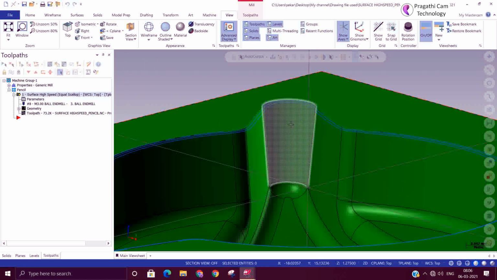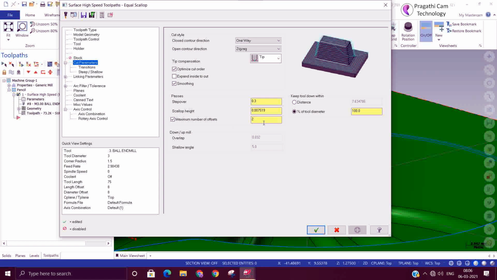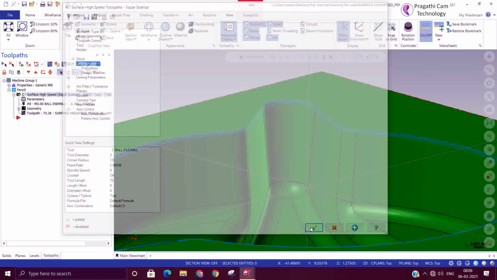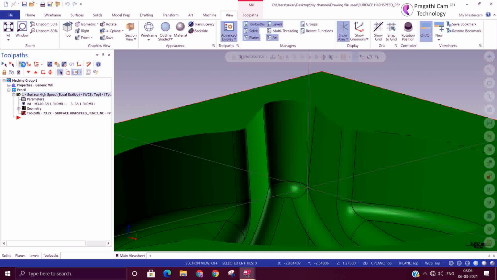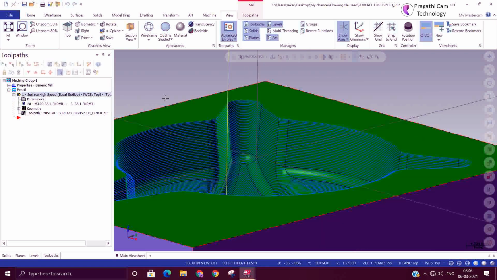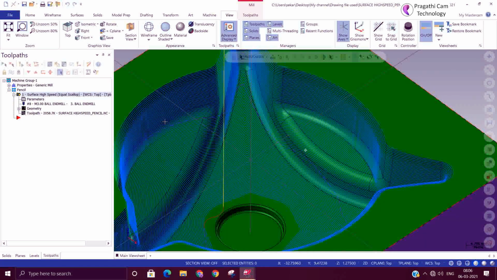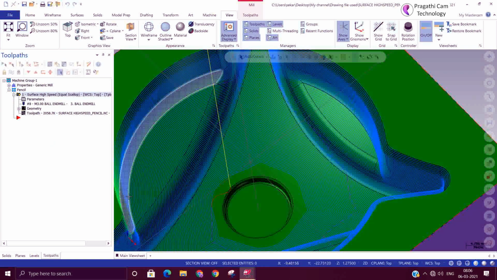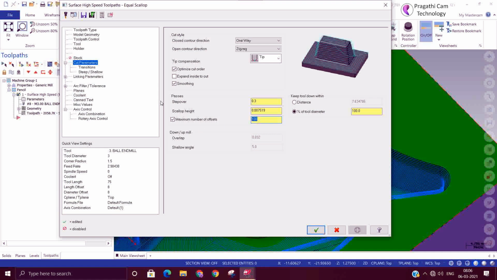It means the number of cutting passes you can give here. You can cut in terms of number of passes, or otherwise you can restrict by step over. Both possibilities are available here. If you give more, then it will machine the entire thing.